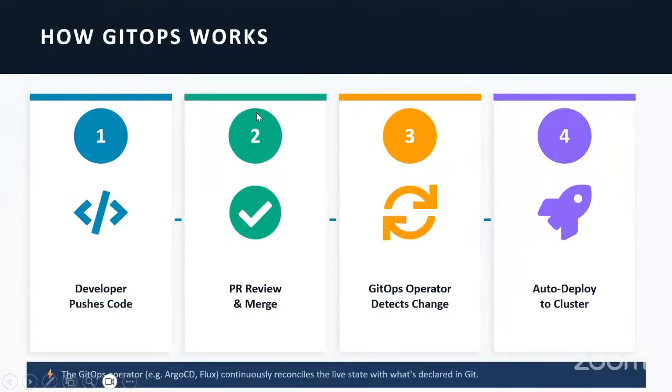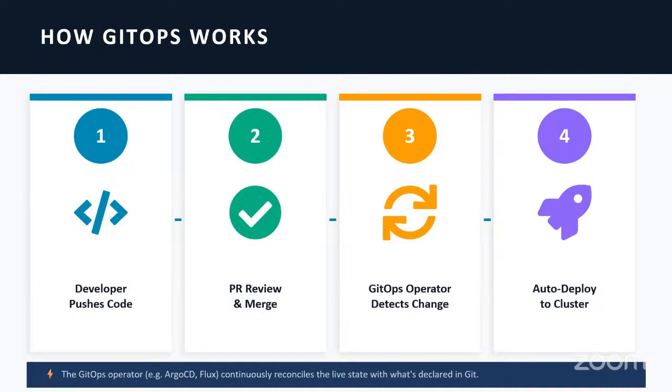So now, how does GitOps work? The way GitOps works is, number one, the developer is going to write the code. After writing the code, he's going to push it. After pushing this code, the PR review I was talking about is where the senior DevOps engineer is going to be aware of whatever changes you are doing. So after the developer pushes, it's going to ask for a pull request. After the senior developer approves the pull request and merges it together, this GitOps operator